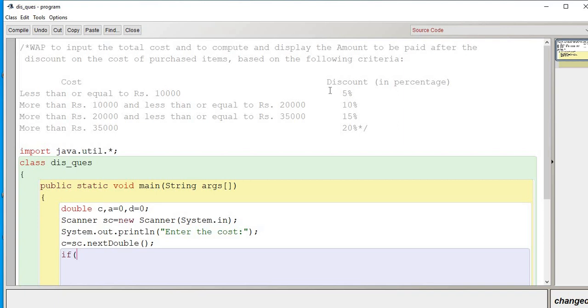So discount will be 5/10 into cost. This way we calculate. The return type of this division should come in double, so we are using double for this.